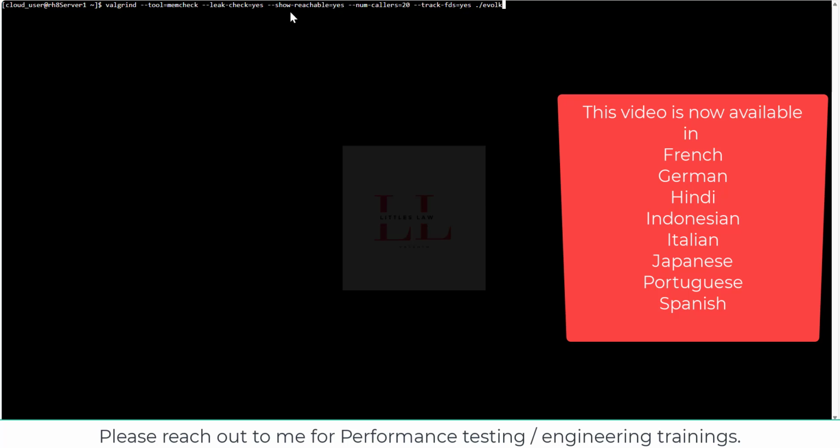I have enabled leak-check equal to full. Then I will show reachable, whatever is possible to reach, and the number of callers I'm limiting to 20, and I'm going to track any file descriptor section. Finally, I'm going to test my EVOLK application, and when I press enter, here you can see